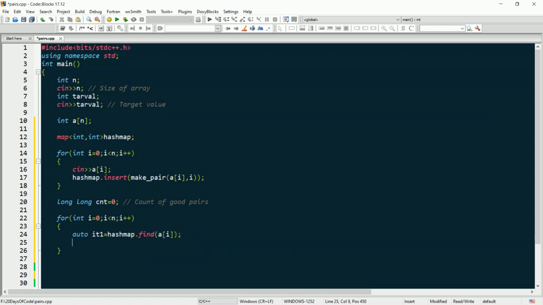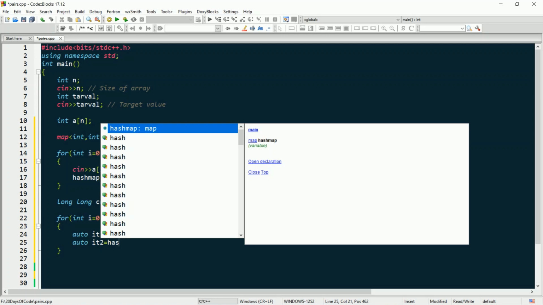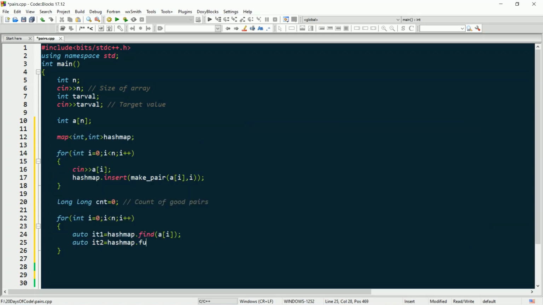Now to make a good pair, we will add the target value to the first element. Okay, that will be hashmap.find(a[i] plus the tar value), if this tar value is not found.